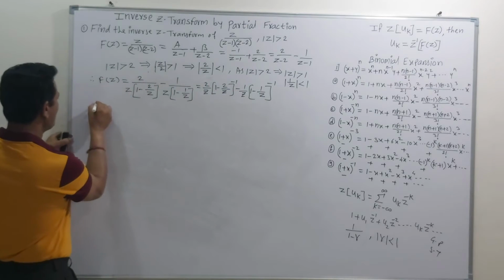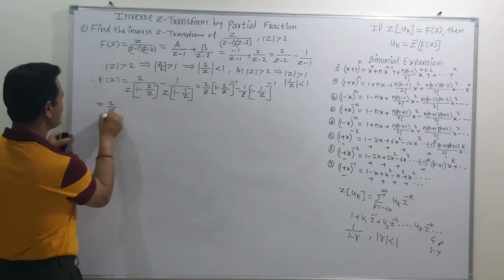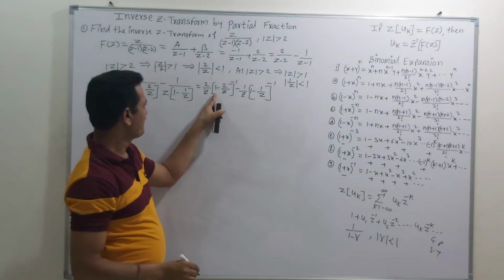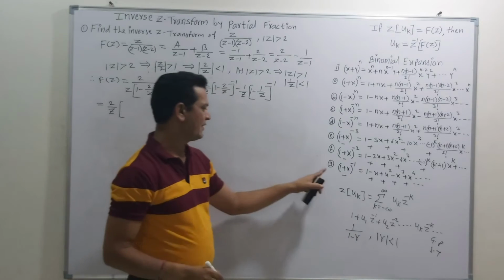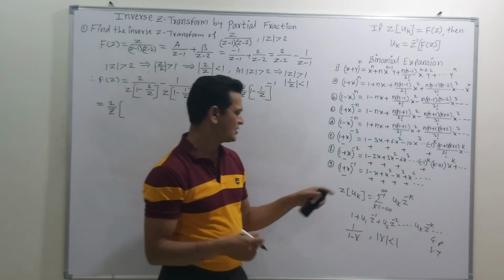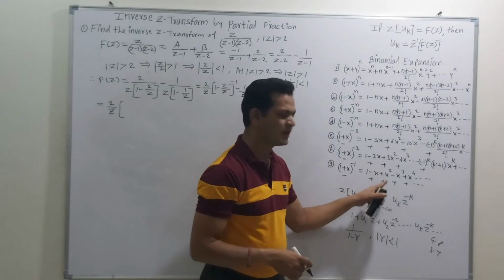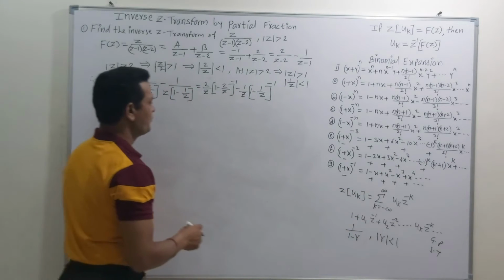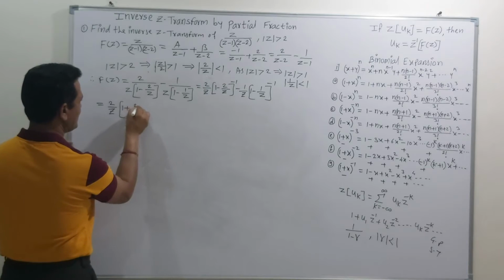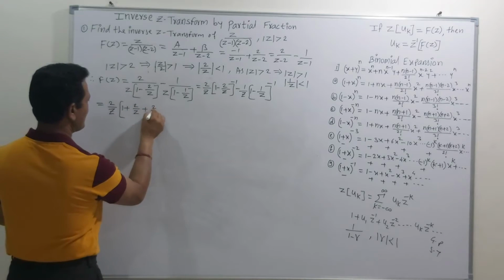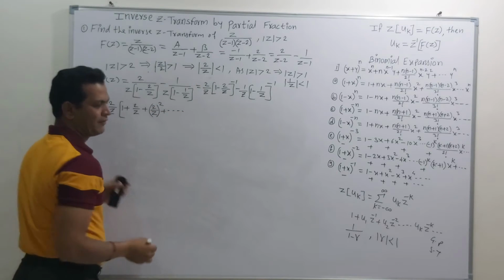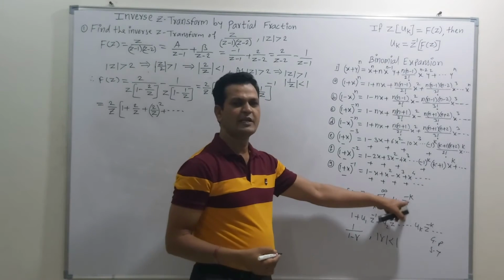So now friends, if we simplify this, we get 2 upon z as it is. If we observe this equation, this is 1 minus 2 by z. That means this is of the type 1 minus x raised to minus 1, and its expansion is 1 plus x plus x square plus x cube and so on. So here the value of x is 2 by z. So we can write this as 1 plus 2 by z plus 2 by z squared plus and so on. Our main interest is to get the value of z raised to minus k.